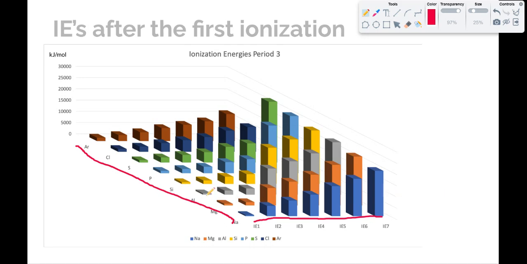Aluminum: the first ionization energy is smaller than the second, smaller than the third, so there's sort of a linear trend here. But the fourth ionization energy is way, way bigger. So aluminum makes a 3+ ion. It doesn't make a 4+ ion. So we see that trend in group number